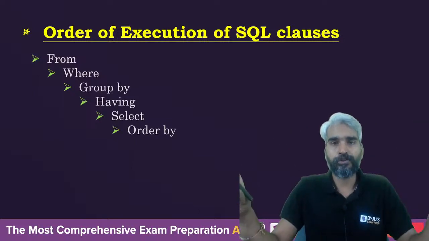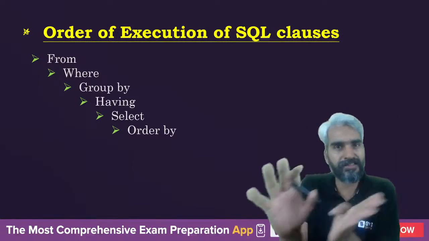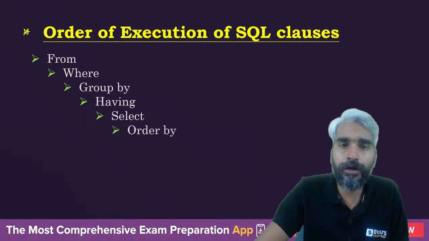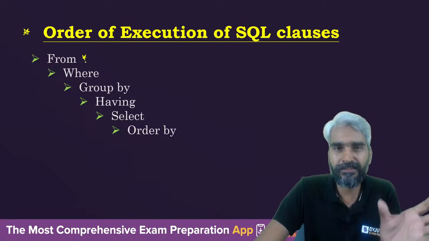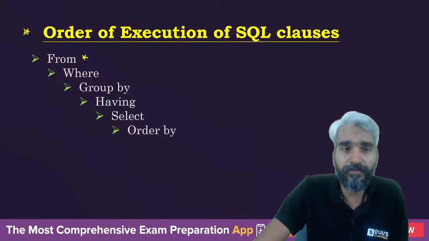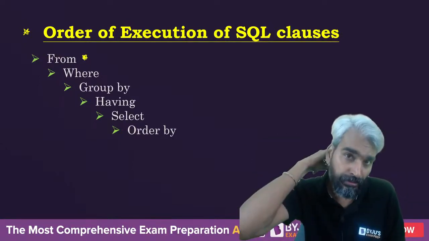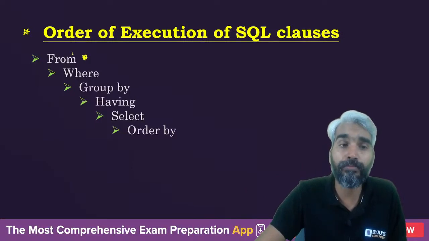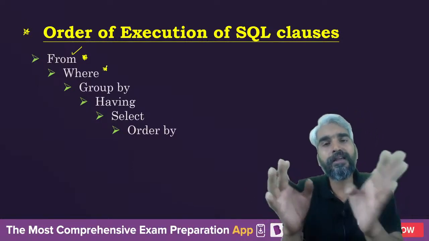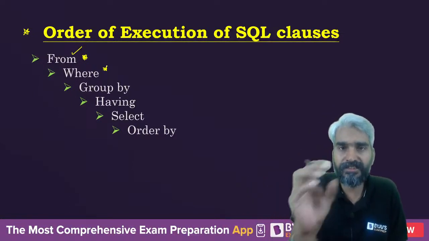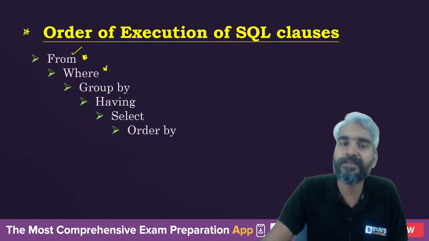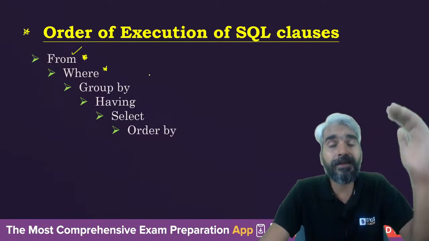If it is a normal query, not a nested query, a single query, then in what order will the query be evaluated? First of all, you will take the tuples from the relation which is specified with the from clause. Then you will go into the where clause and you will evaluate the where condition. If the where condition is true, then that particular tuple will be selected. Now, based on all the tuples which are selected,